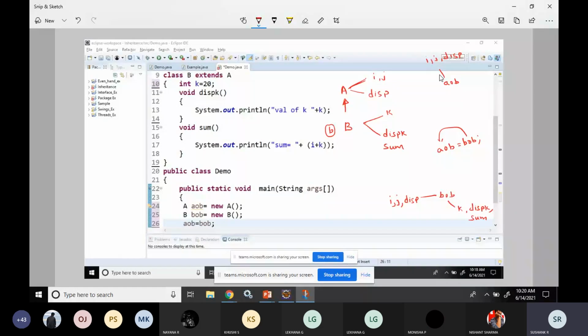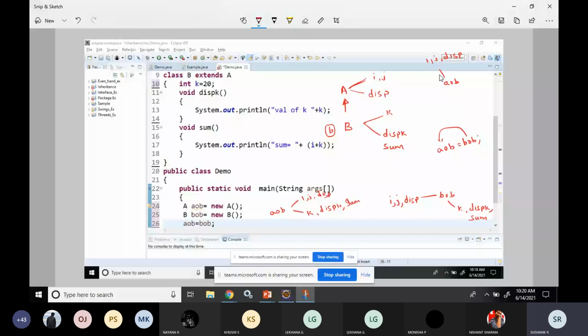Now what you will think is, since I'm assigning BOB to AOB, this AOB can access i, j, display, as well as BOB's k, display k, and sum function. Why? Because I'm assigning the subclass object called BOB to the superclass object.